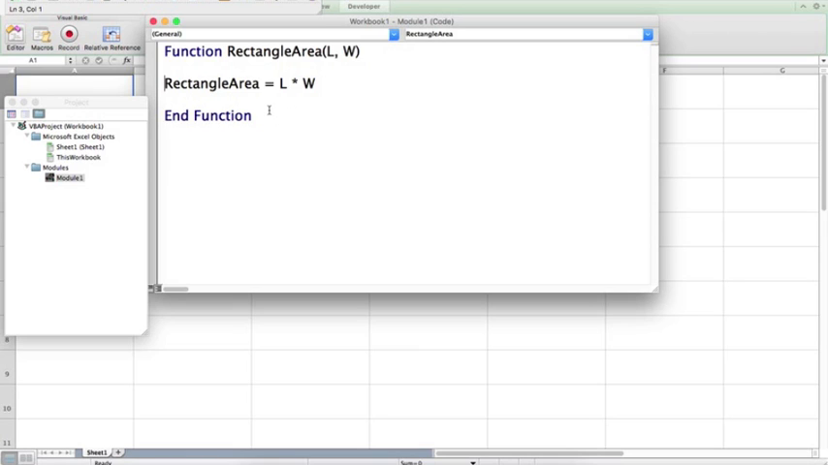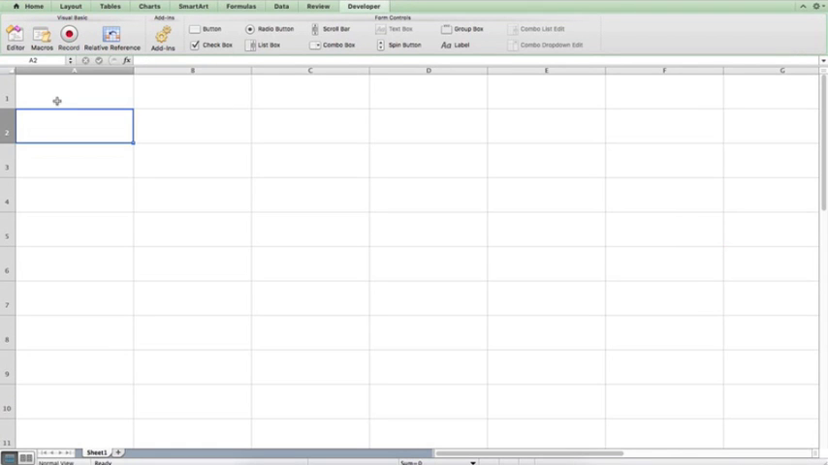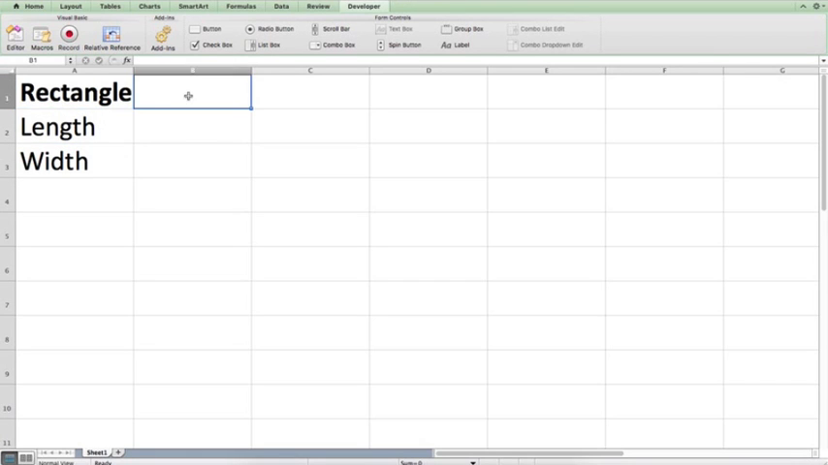Now that we have our function, how do we actually use the function? Let's go ahead and label. So we'll name this rectangle. This can be length, and this can be width. So the area is going to be represented in cell B1. So you would say equals